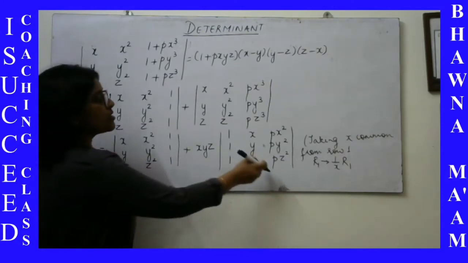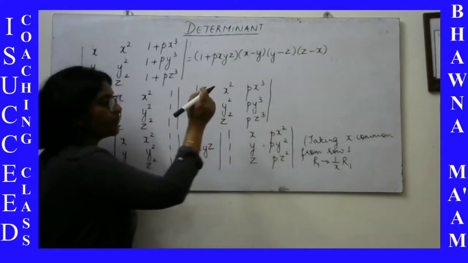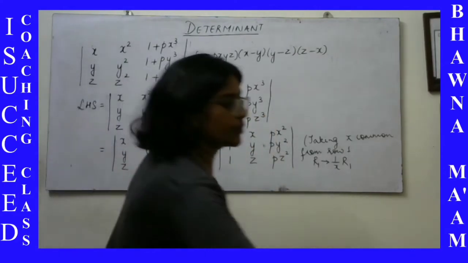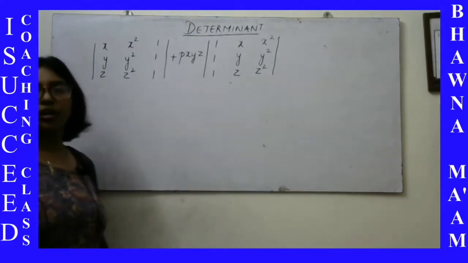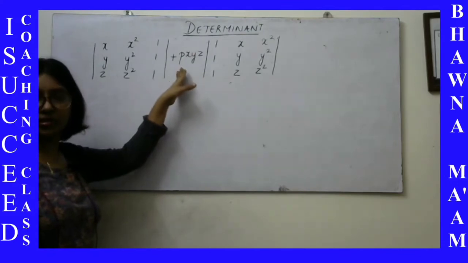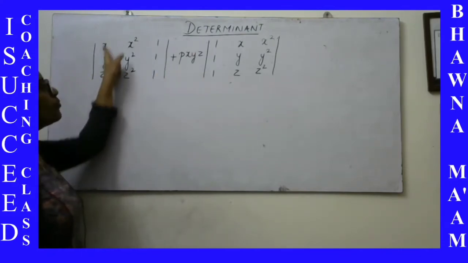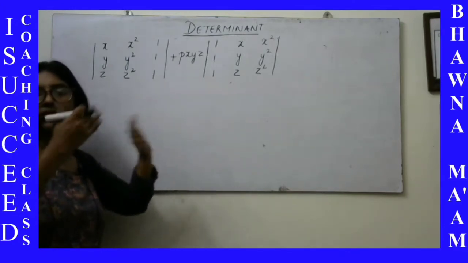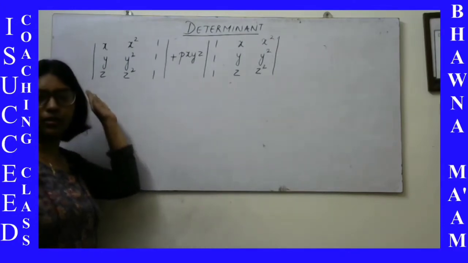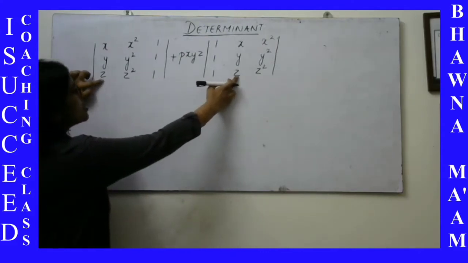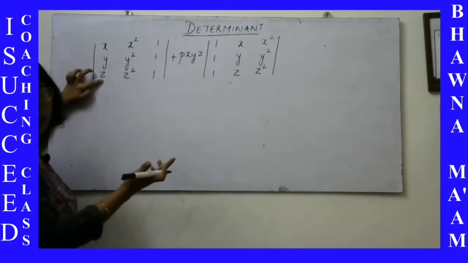Now, as you can see, from column 3, I have P common. So we'll do that and then we'll see what comes up. On simplification, I have taken P common, and this is what the next step is. Now you can see both the determinants have the same kind of entries, only they are not in the same corresponding rows or columns. This is in the first column and over here it is in the second column.